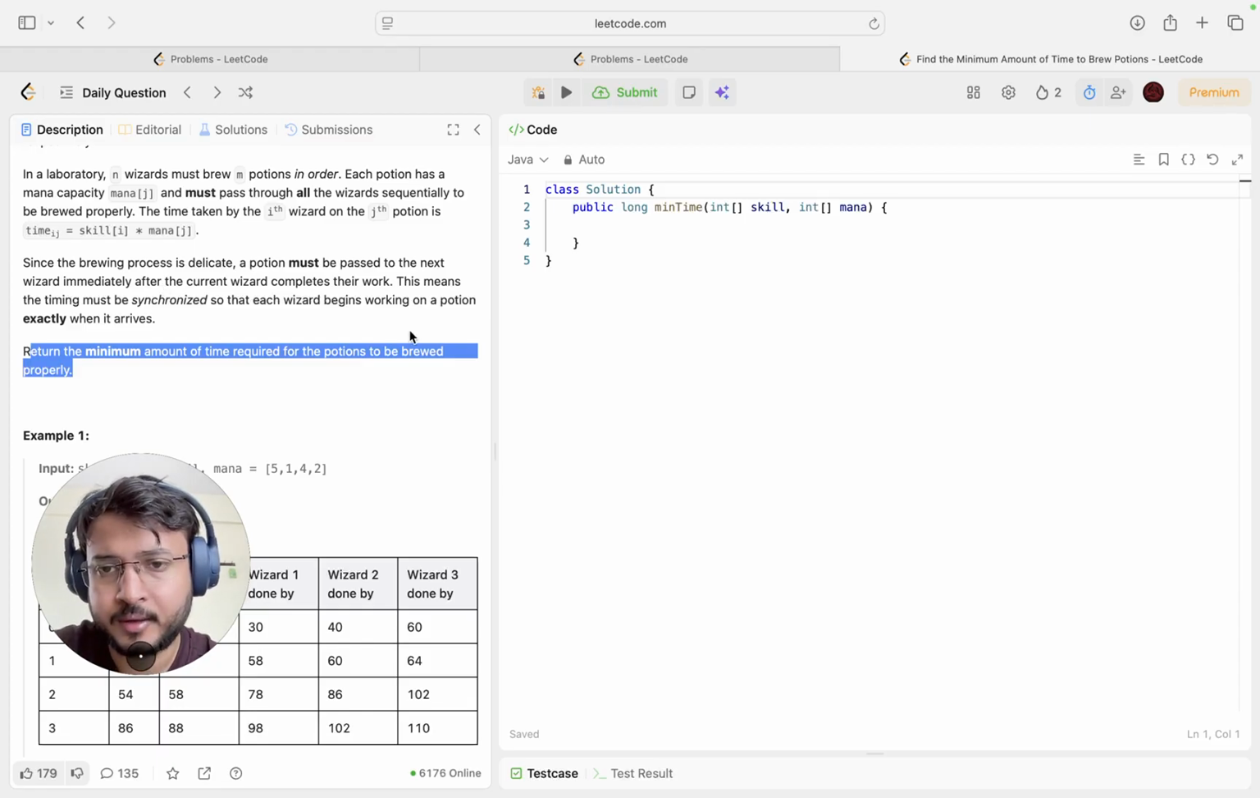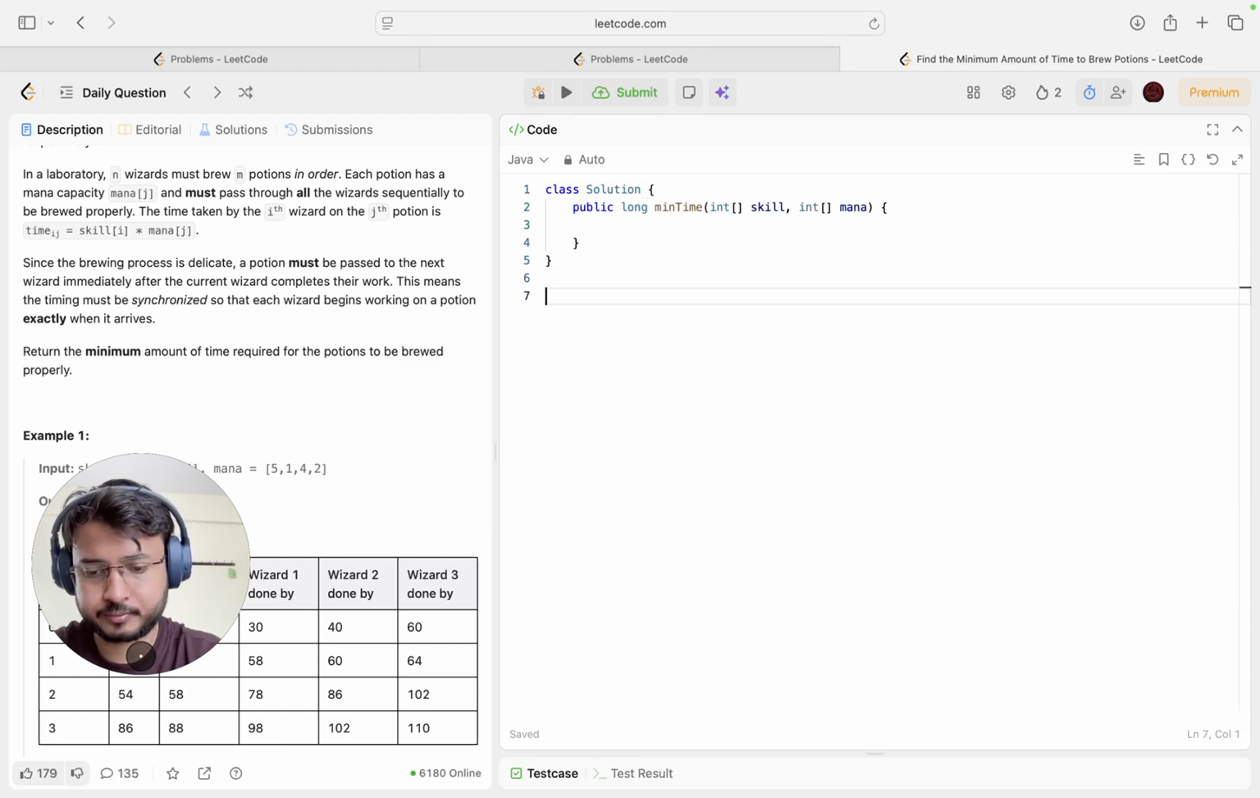Here, in this problem, we will make use of DP. I will show you, we'll make use of DP of, let's say, j. Why will we make use of the DP? Because using DP, DP of j,